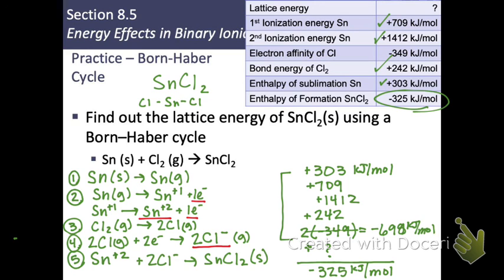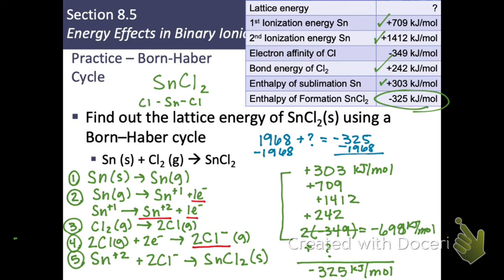It comes out pretty big, right? I got a big positive. I'm talking about the question mark itself comes out positive. So let me write it up here in a different color. When I add all of those numbers up, that gives me 1968 plus my question mark equals negative 325. So now I'm going to subtract this over, 1968, and I get my lattice energy equal to